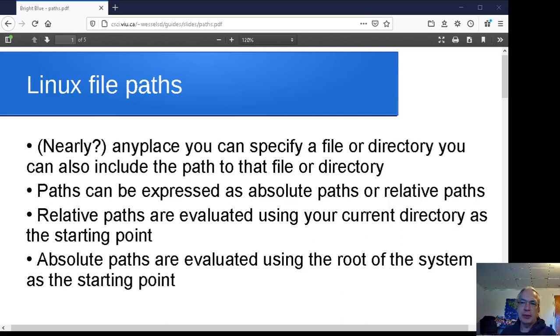Hello folks. Well, this time around we want to talk about Linux file paths. So how you specify the exact location of some file or directory that we want to work with. And I think we're all pretty used to this idea now from things such as URLs, where you have to specify that I want to go to some location, and then in that I want to go to some subdirectory and some subdirectory and some subdirectory, and then eventually you get to the file that you actually want to work